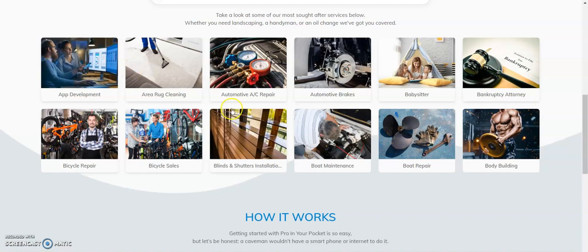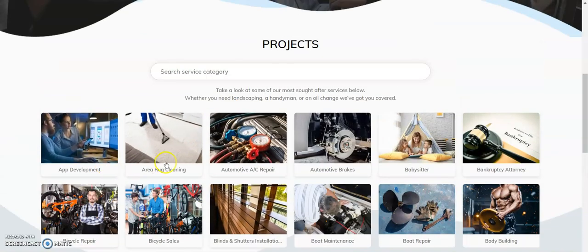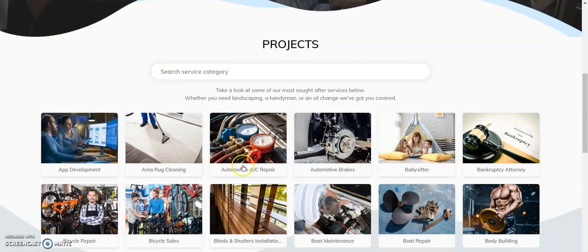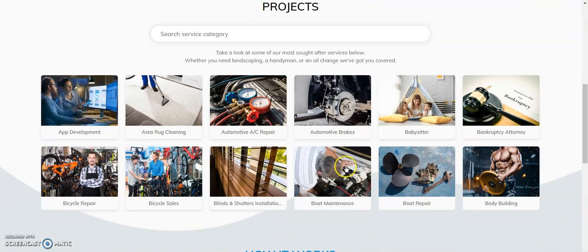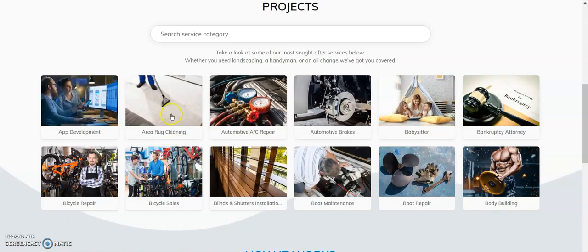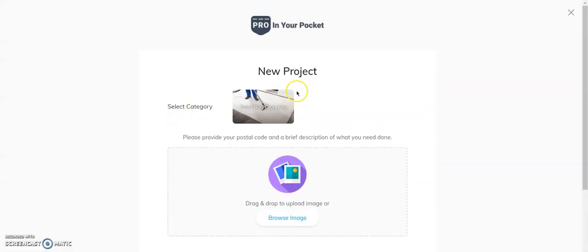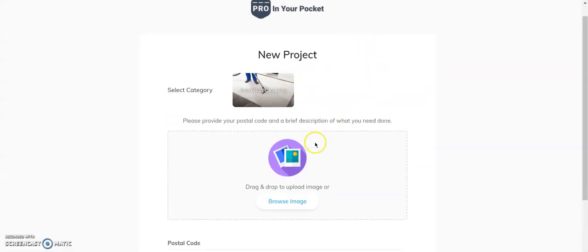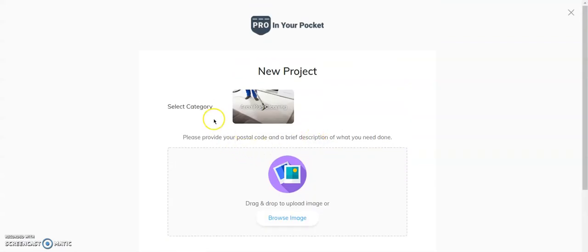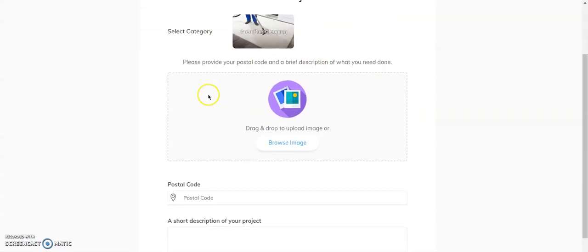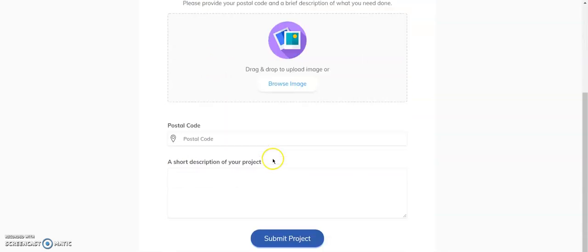There are already options provided over here like app development, area rug cleaning, automotive AC repair, and so on. So if I choose any option over here, say area rug cleaning, this page opens up where you have to put in your project details. You can browse an image or you can upload any image from your system.